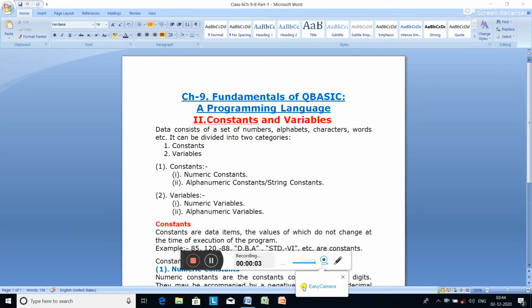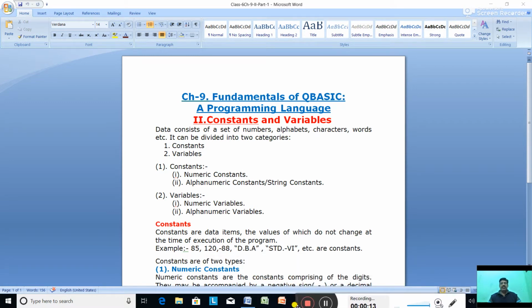Hello class 6. In today's class we are going to begin part 2 of fundamentals of QBasic, a programming language. So we are going to discuss today the next part, that is the constants and variables. In this chapter we are going to learn what are the constants and what are the variables in QBasic